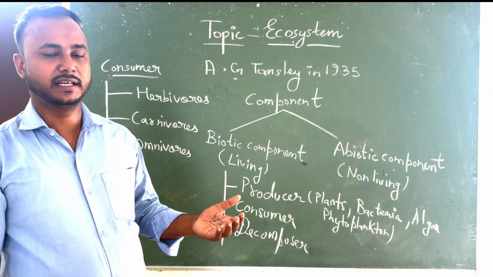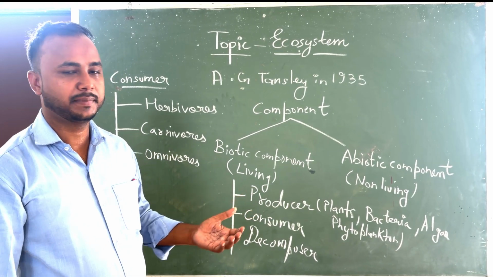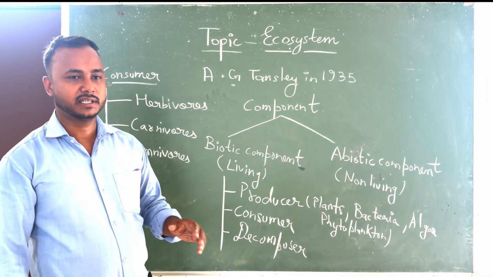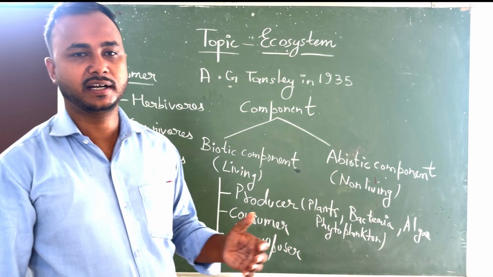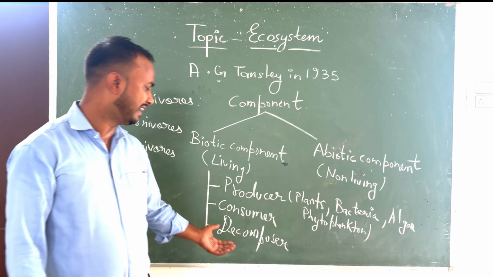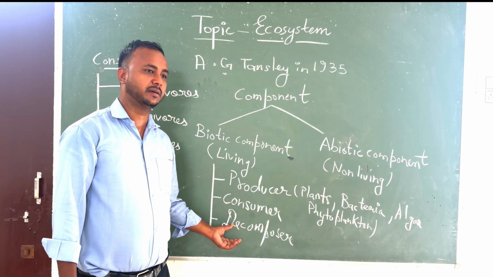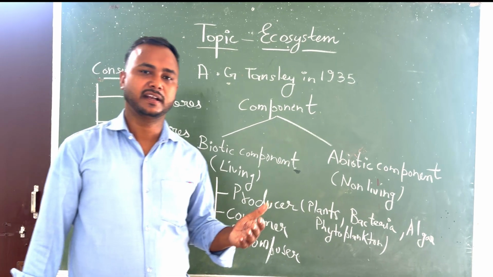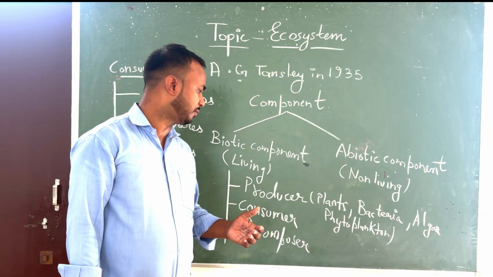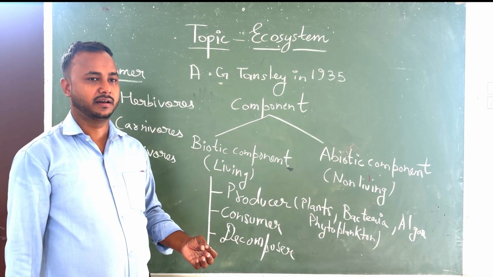Examples of omnivorous animals are humans, dog, cat, bear. Now, the last thing is decomposers. The decomposers are those organisms that generate their nutrition from dead and decaying organisms. Some bacteria and some fungi are decomposers. Decomposers convert organic matter into inorganic matter. They are also known as saprotrophs because they derive their nutrition from dead and decaying organic matter.